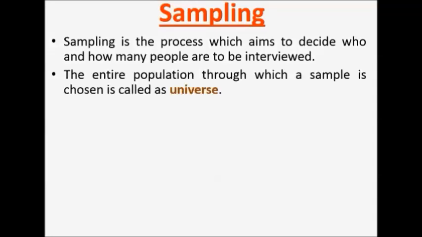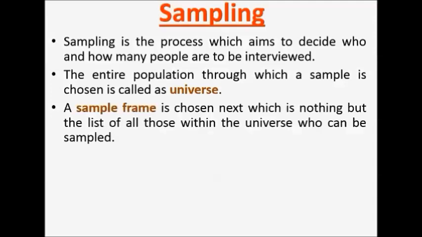The entire population from which a sample is chosen is called the universe. So this is one terminology. A sample frame is chosen next, which is nothing but the list of all those within the universe who can be sampled. So sample frame can be called a subset of the universe. For example, if you want to analyze the academic performance of college going students in your town, and there are 100 colleges in your town, that will be called the universe. And if you want to select some 60 or 65 colleges out of those 100 colleges,